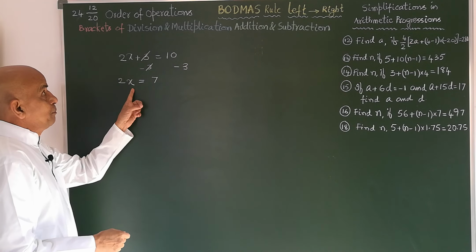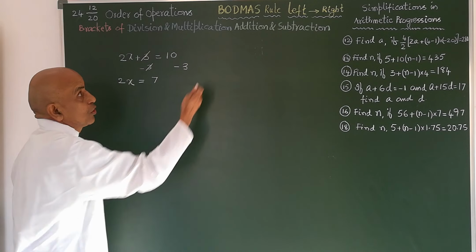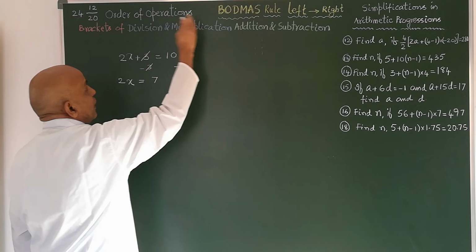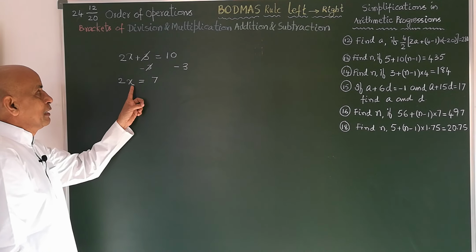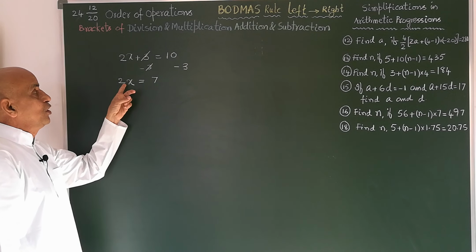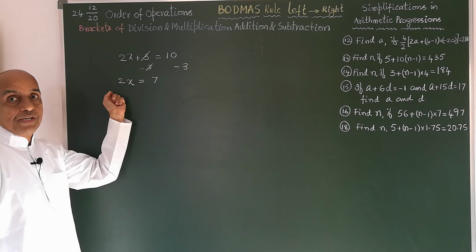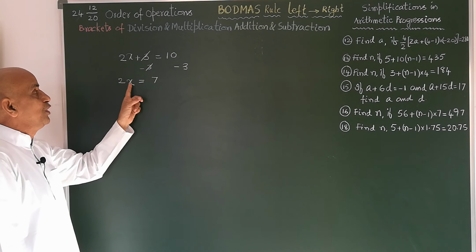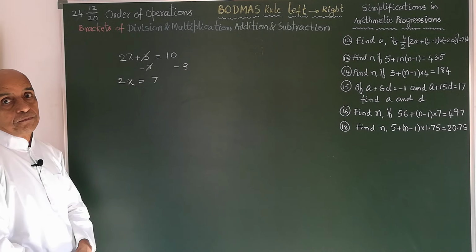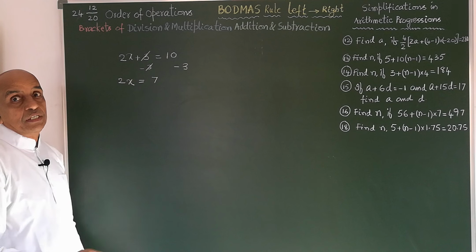Now, 2 is multiplied. The multiplication is coming before addition. So, when you are doing it in the reverse way, multiplication comes after addition. So, now 2 is multiplied. Here you may get confusion in between 2 and x, there is no symbol. So, multiplication is a default operation. If nothing is present in between 2 and x, that means 2 is multiplied by x. In other words, 2 and x are factors to each other.